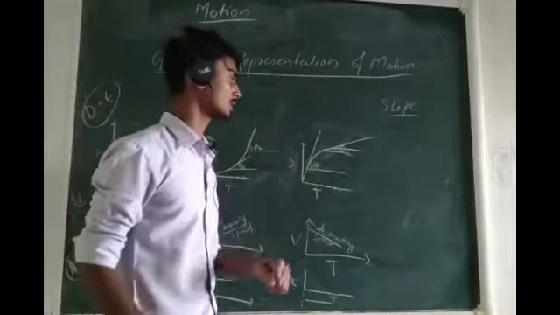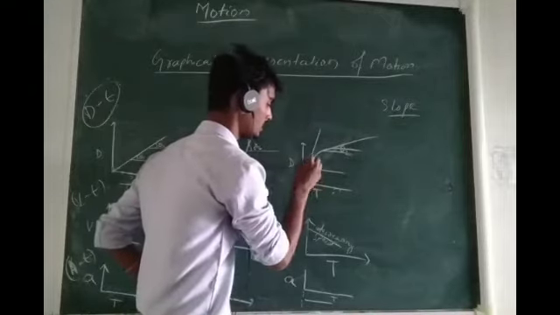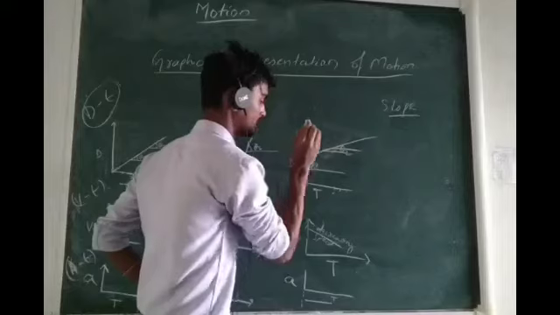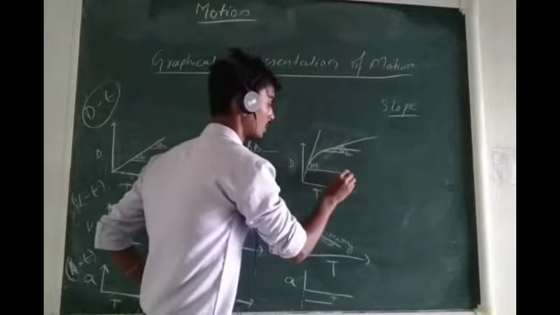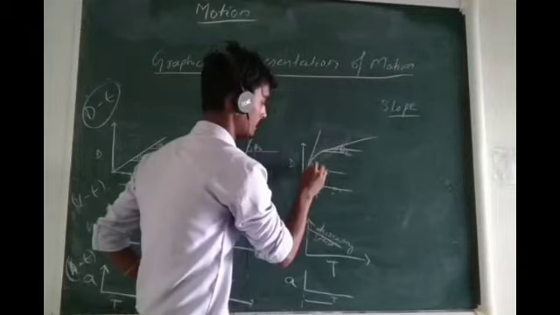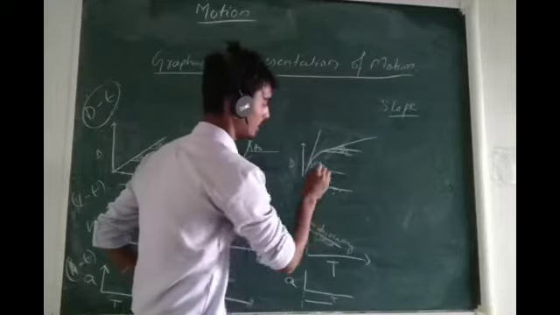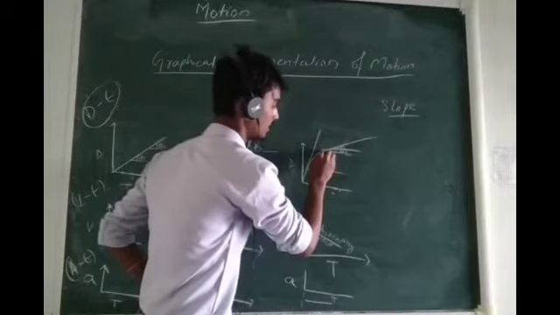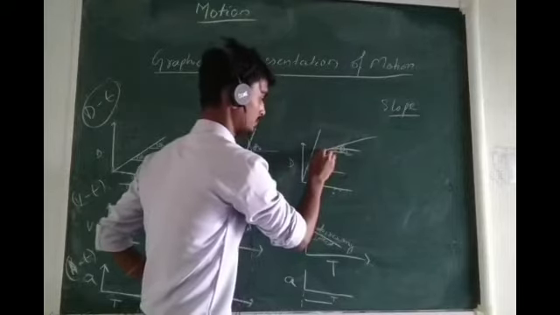Here also if you observe the same slope, let us see what is happening here. Let us find out the slope at this point. What we have to do? We have to do the same thing. We have to draw a line parallel to the x-axis, draw a tangent, and find out the angle, and let the angle be theta 1.